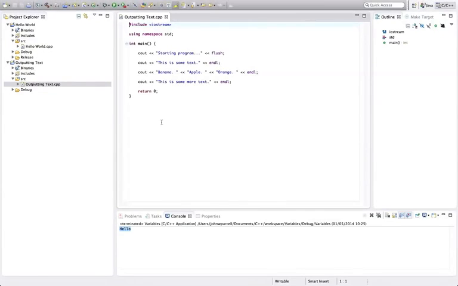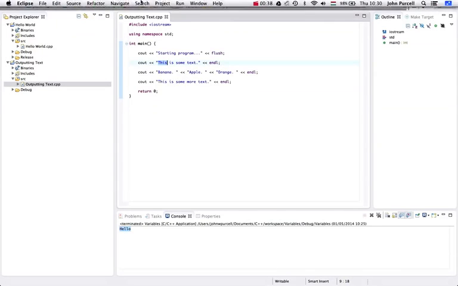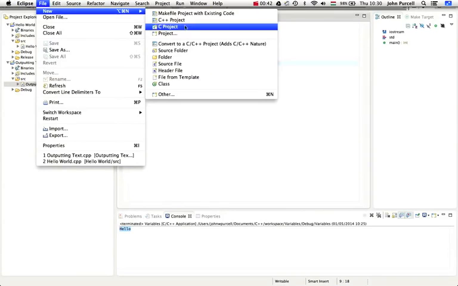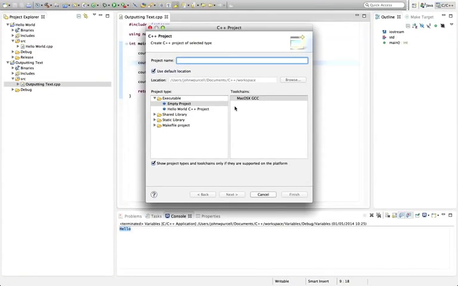So I'm going to create a new project, and hopefully you typed this in for yourself and tried outputting different bits of text in the ways that I showed you in the last video, because that will be great preparation if you've done that. So let's go to File, New C++ Project, and let's give this a name of variables and